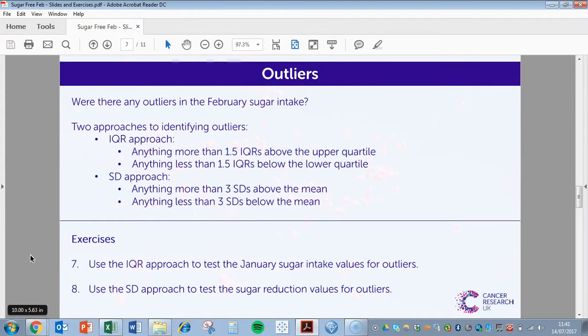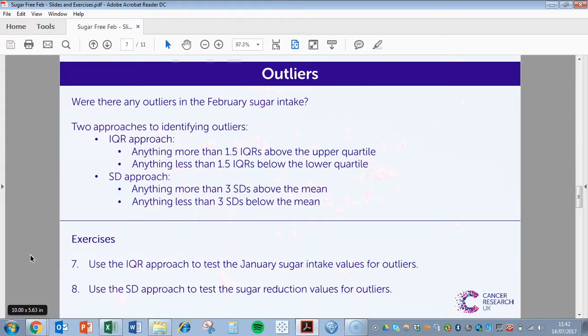In this video, we're going to look at outliers. So far we've noted that there might be some extreme values in our data set. In this video, we'll look at two formal ways of identifying whether or not a data set has any outliers. I've avoided using the term outliers so far because in A-level maths, there are technical definitions of what constitutes an